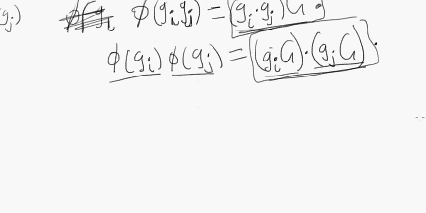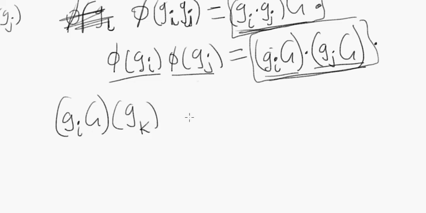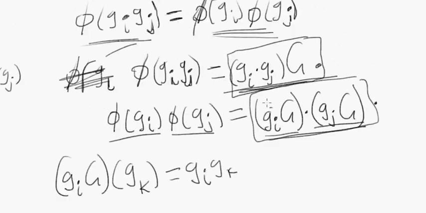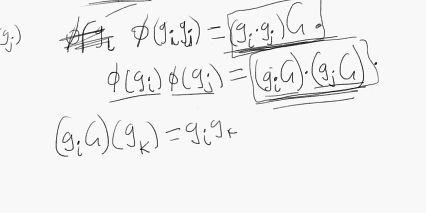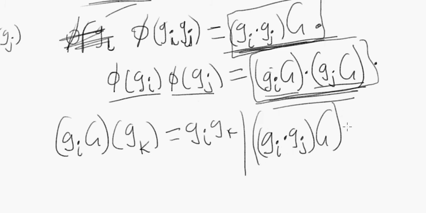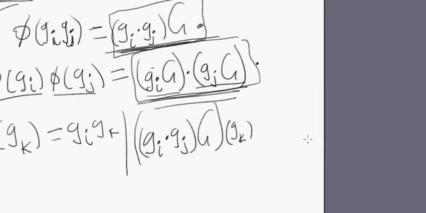Well, functions take in stuff. Remember we said before that gig is a permutation that takes in some element gk of the group and gives us back gk. So if this permutation really equals this function, then what we really need to show is this. See if you agree with this: if you get gi times gj times G, this permutation, and apply it to gk, we want to prove that that is equal to,